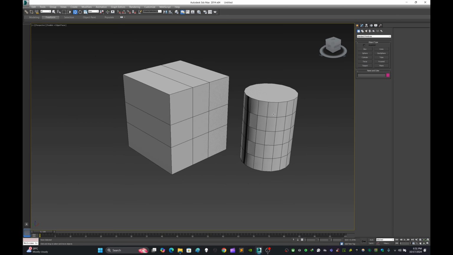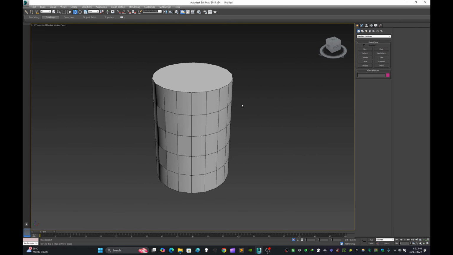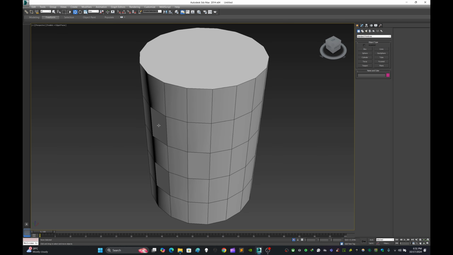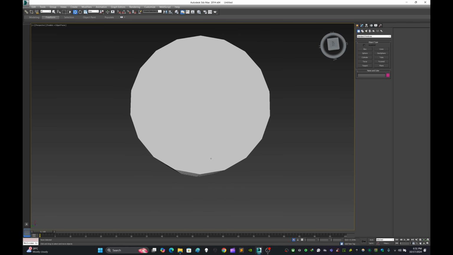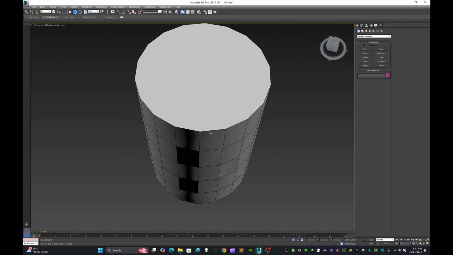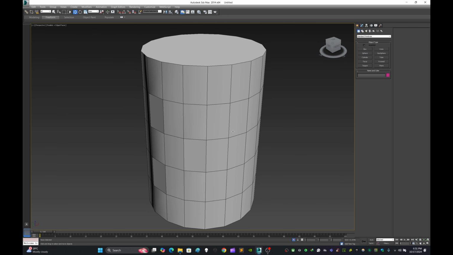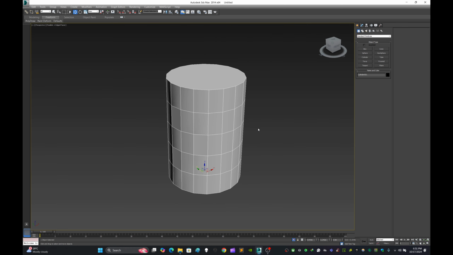You see, but suddenly there is an interesting thing that happens. Suddenly you see the polygons are visible. Oh my god, this is not good. What I can do, if you encounter this kind of problem, maybe